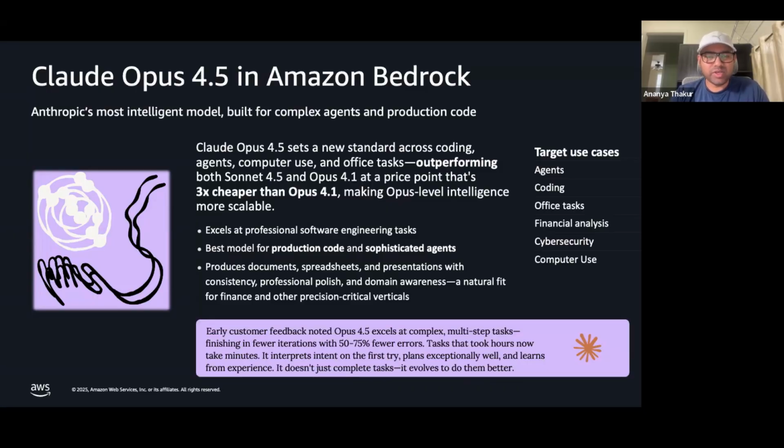And 4.5 is basically just the next step along the way. It is the next frontier model if you compare it with its predecessors, Opus 4.1 or even the Sonnet 4.5 model. It outperforms both of them. It is also 3x cheaper than Opus 4.1, and it is right now the industry-leading model, which has a bigger context window and is cheaper,